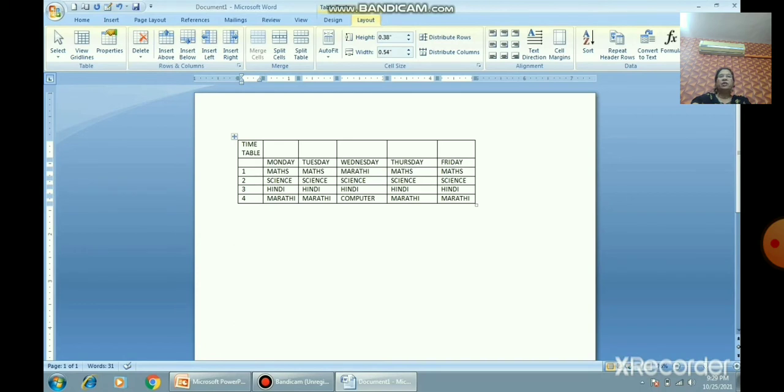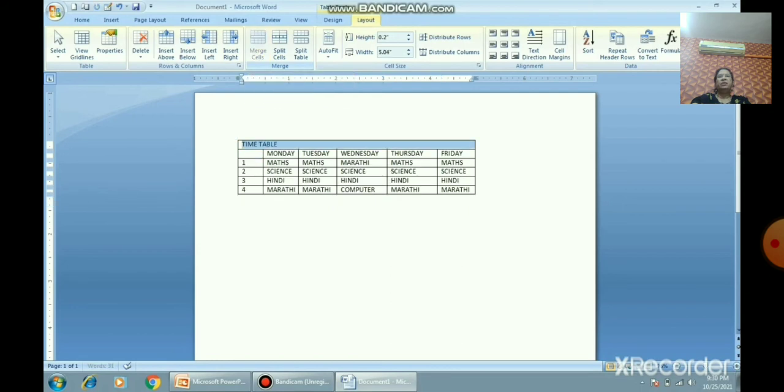Now can you see the timetable is in one cell, but I want to merge the entire row. To combine data in a single cell, first select the complete row, and in the Layout tab, click the Merge Cells button in the Merge group.